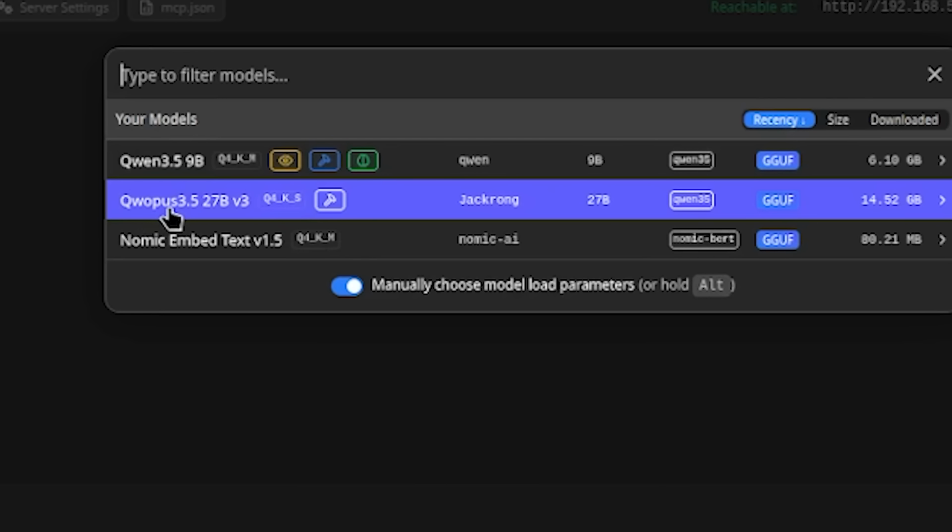So for instance, let's say that I have Qwen 3.5 9 billion loaded into my system. The way you load it up is you click this big load button after you've downloaded the model. You see that I already have models that I've downloaded, right? The one that I primarily use is something known as Quopus 27B, which is basically Qwen with some of the stolen Claude stuff sort of trained into it. Again, not totally kosher and halal, I would say.